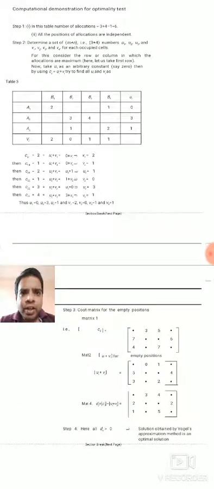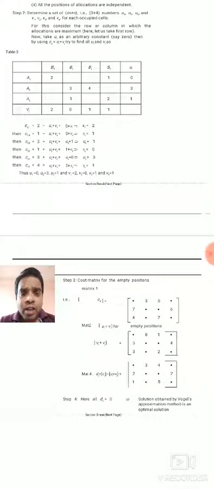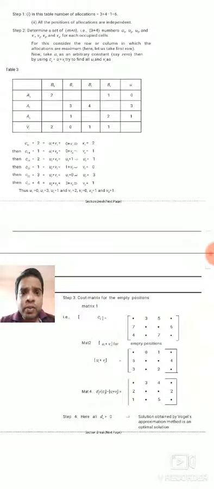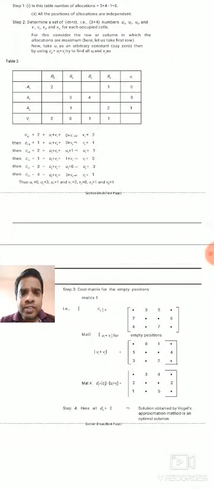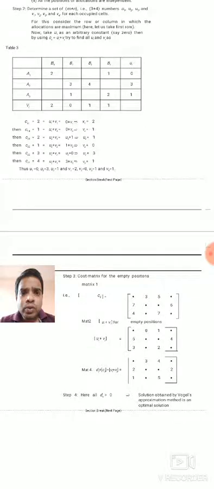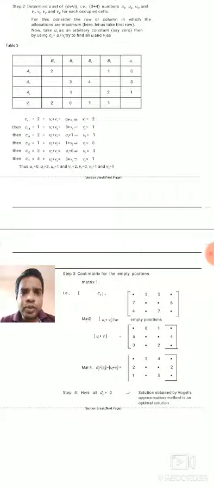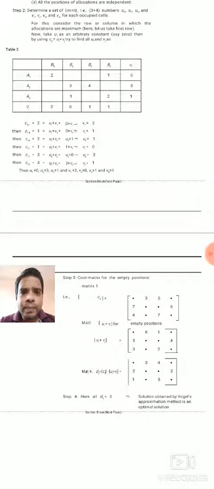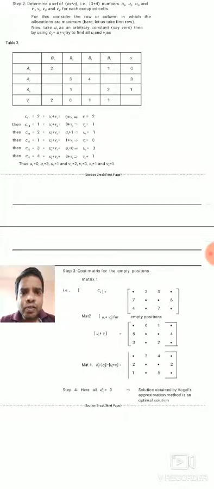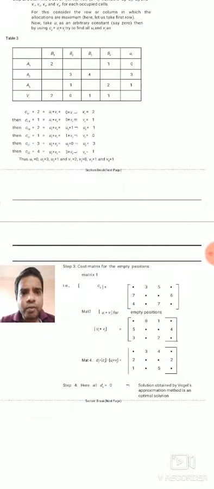To begin, you need to consider u1 equal to 0, or you can take v1 equal to 0. For the allocated cell c11 equals 2, u1 plus v1: u1 we have taken as 0, plus v1 we don't know. You know the values c11 and u1, so we find v1, and we get 2. Similarly do it for the a1 to b4 cell, that is c14 is 1, u1 plus v4 for that cell, and u1 equals 0, so v4 we get 1.